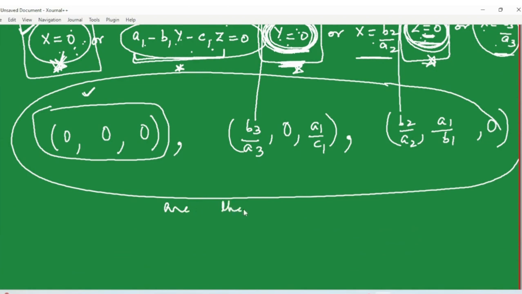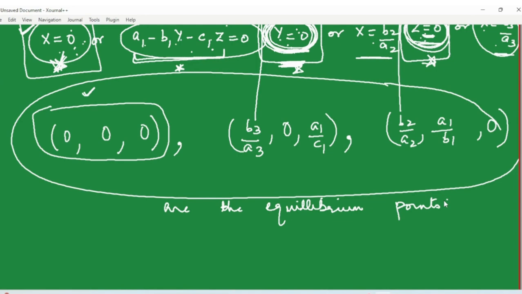So I hope finding equilibrium points is a very logical technique. The definition says you have to look for those points which correspond to zero rate of change. Zero rate of change means zero rate of change for all the variables together, so there's an and in between. You want dx by dt equal to 0 and dy by dt equal to 0. Now whenever dx by dt equal to 0 has more than one option and dy by dt equal to 0 also has more than one option, and if there's a third variable, let's say dz by dt, that also has